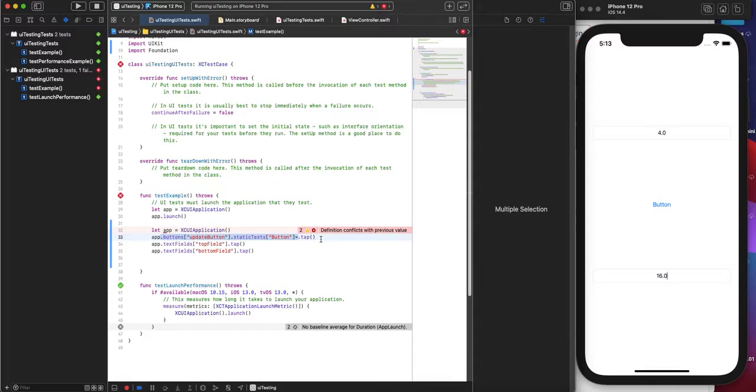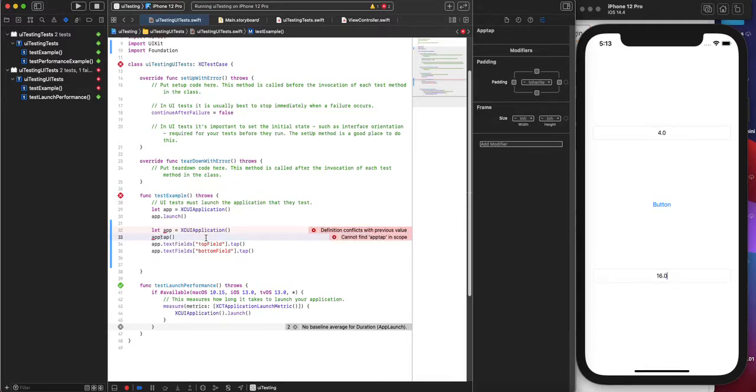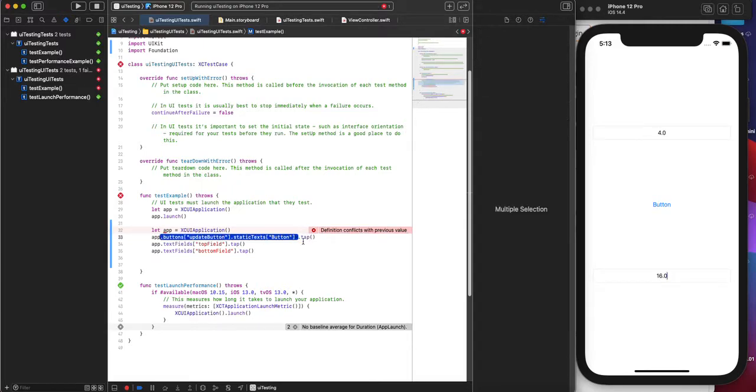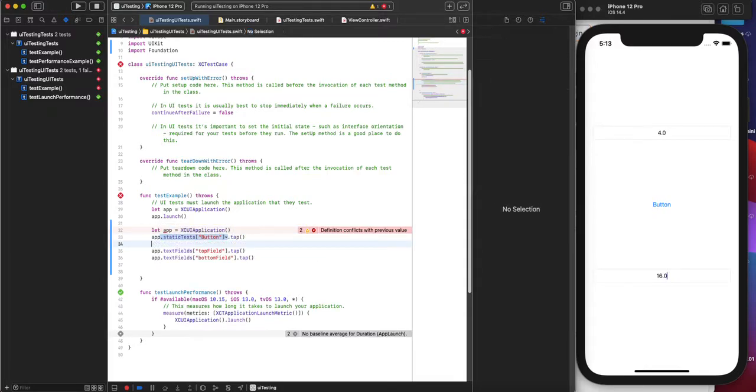Okay. Never mind. Okay. It will do the tap. So this one here doesn't need a tap. So we are